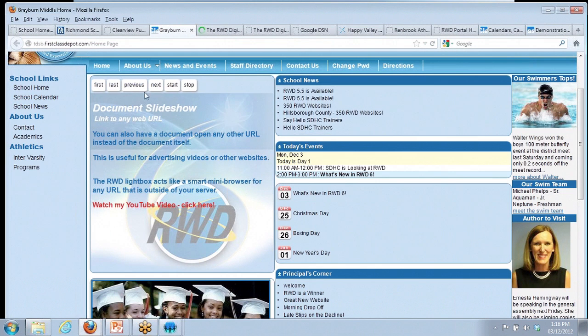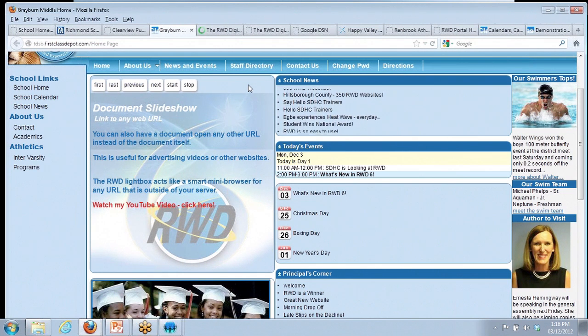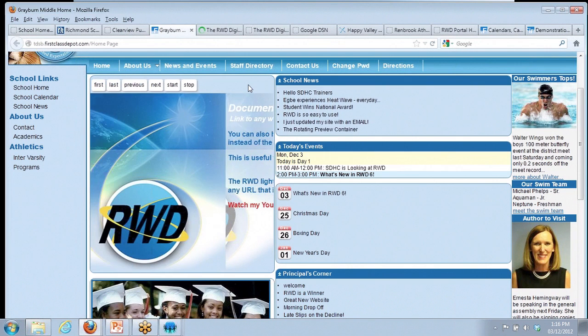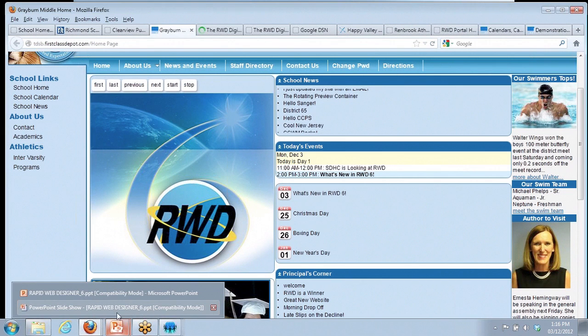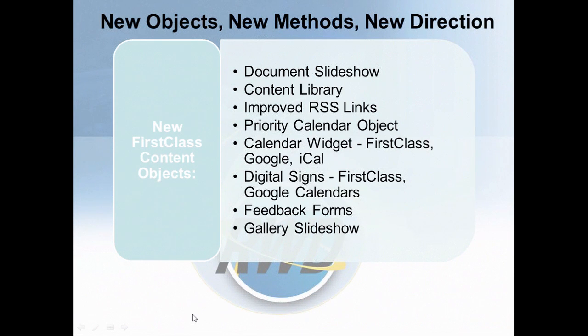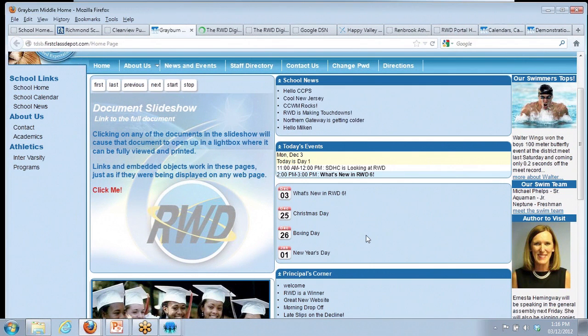So the document slideshow can show or not show the controls. It's easy enough to configure, using these configuration forms that are on there. And I'll get to that in a minute. Now I've got to remind myself where I was. So, document slideshow. Now the content library is a really exciting thing because it is an addition that allows the